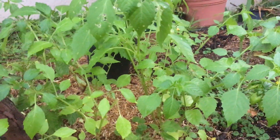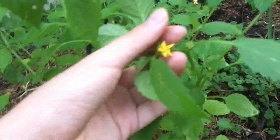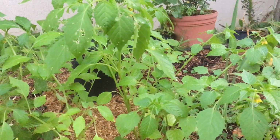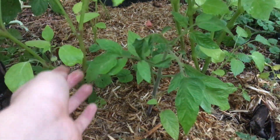Tomatillos growing really well this season, a lot better than last time. You can see, look how big they are. The only thing I don't like about this is it's not fruiting, which is really weird because I'm getting masses and masses of just yellow flowers. I know they're kind of closed right now, they do close up at night, but I've seen insects pollinate them, I've seen bees come, I've even pollinated the flowers myself, and I'm not getting any fruit. It's really strange. I'm just getting these empty husks and it kind of just drops off, which is really odd